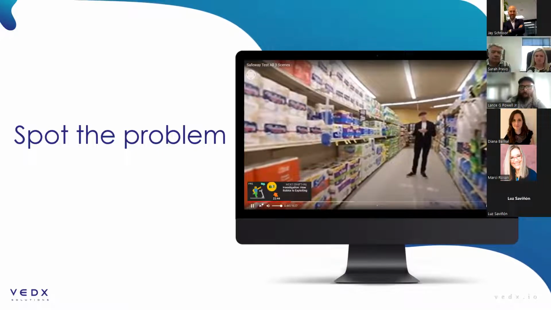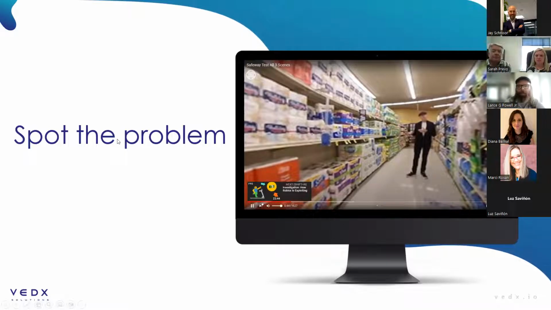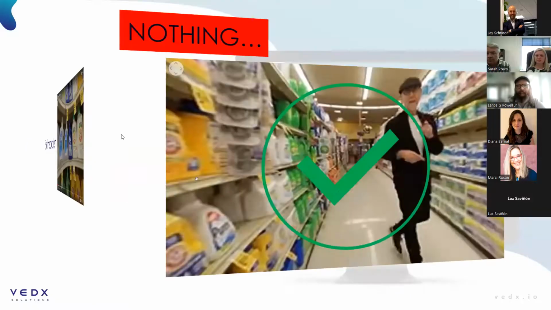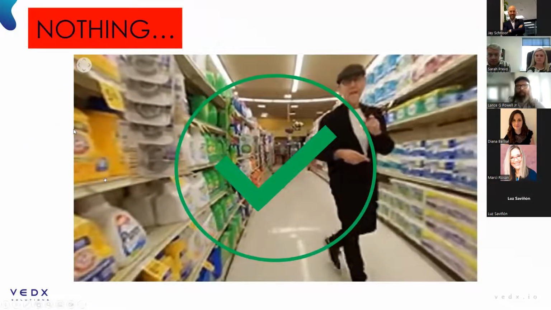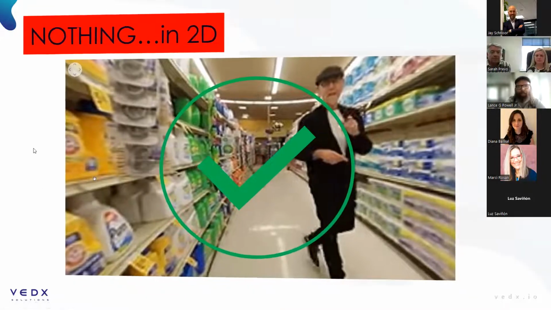Okay, so we have this video of a scene slowly spinning and somebody walking past, and it's actually shot in 360. So when we say can we spot the problem? Actually, there's no problem with the scene. Everything is okay as long as it's in 2D. For a 2D film, it's very well shot. The person obviously has a lot of experience with 2D. But if we watch the same video again,